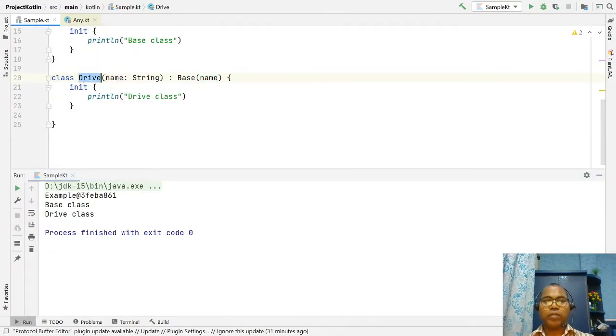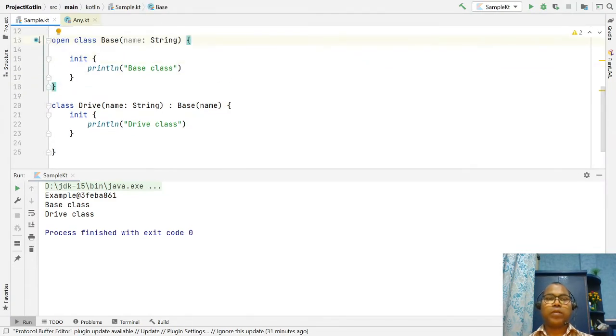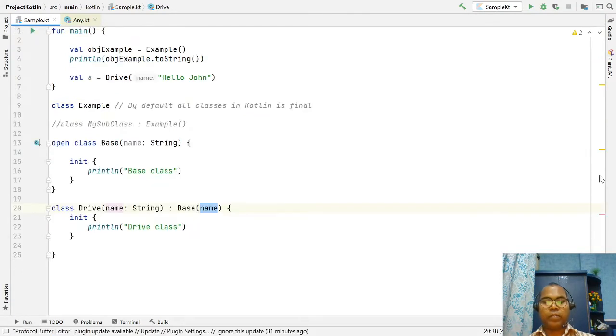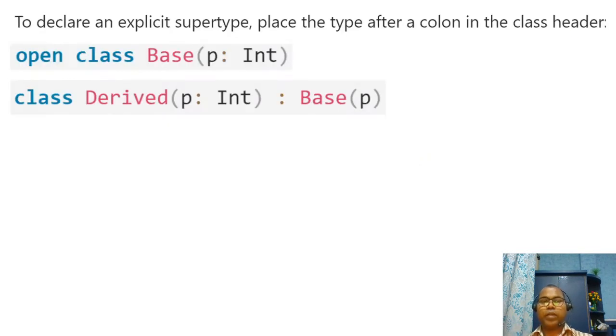First we create an object of the Derive class, but since you are inheriting from the base class, the base class is constructed first, and the base class defines a primary constructor, so you pass the primary constructor value. So to explain again: first, if you want to initiate inheritance, you have to open your class.